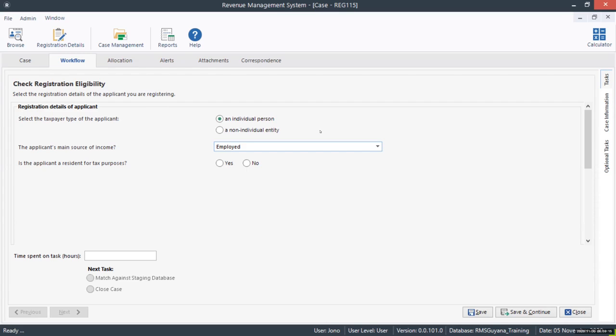Checking registration eligibility. So on this screen, we have the taxpayer type, and then the second question is the main source of income for an individual. This dictates the organisation type that comes through to the registration form. The next question is, is the applicant a resident for tax purposes? And each of these questions feeds the rest of the questions as we go down as well. So we can click yes or no, and that will open the next question and feed through into the registration